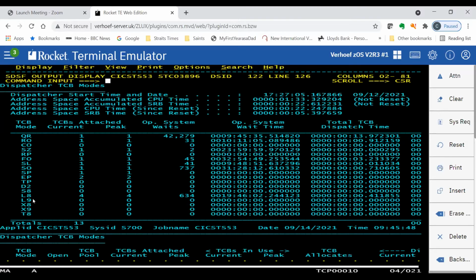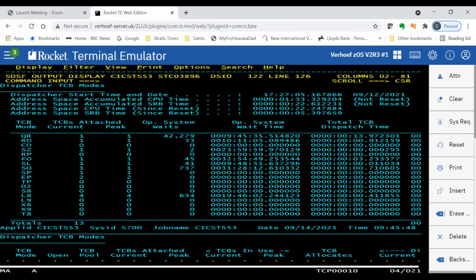And of course, I define thread safe from the definition of the program. I can specify under the concurrency, I can specify thread safe or required to make my application run on the L9 TCB. How many of these do I get? As many as you want, because I believe with CICS 5.5 now, it could be 5.6, I forget where these things come in, but the max TCBs now is managed by max task. So if your max task is 300, potentially you could have 300 TCBs here.